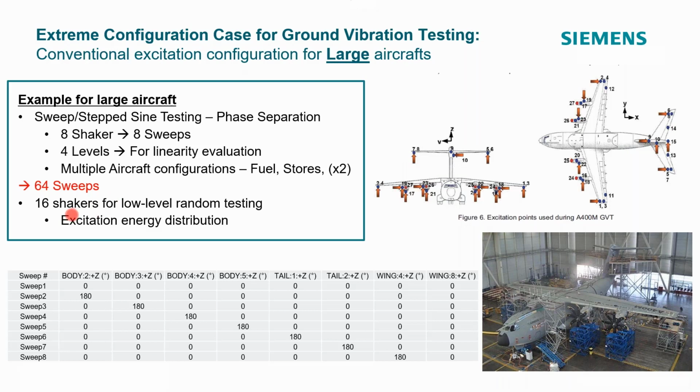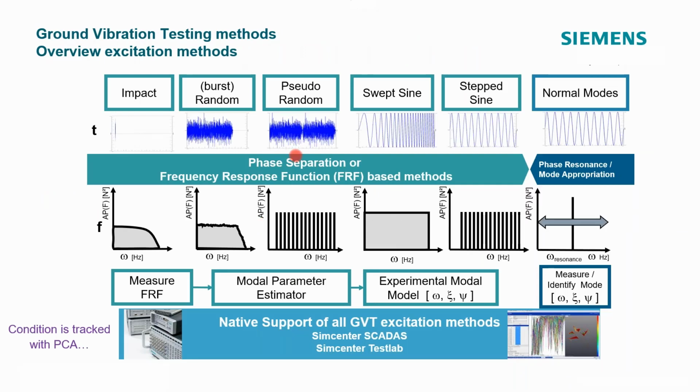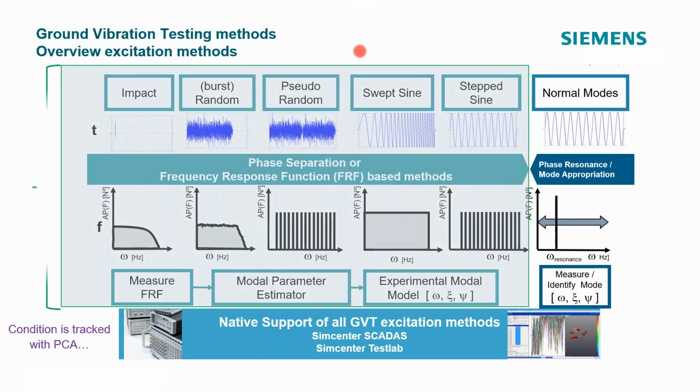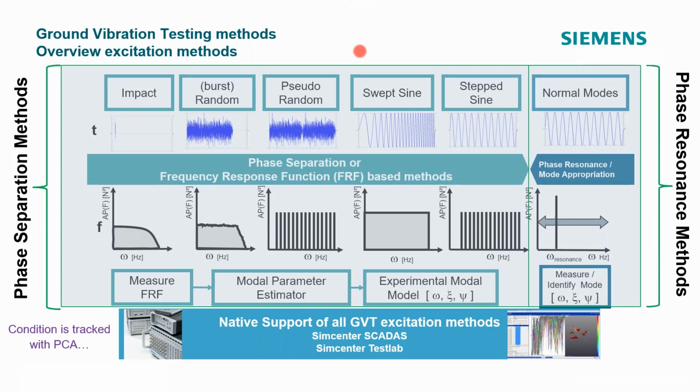Then also using 16 shakers, again spreading the energy, because these are low-level signals and you want to distribute the energy around the structure to get better signal to noise ratio and better excite the structure at multiple locations with a lot of shakers, in many different types of scenarios where you want to measure good quality transfer functions. And this is applicable not only in the context of modal testing, but as mentioned, we want to measure good quality transfer functions in the closed loop multi-axis control scenario too.